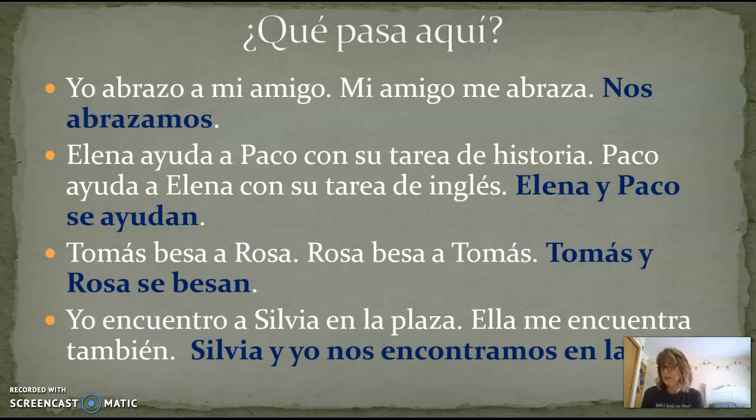Every time that you use that little se or nos, in fact, what I'd like you to do is next to that little box of verbos that you see, go ahead and write se, nos, right next to those, because when they're used reciprocally, one of those two is going to be used. Either they do it to themselves or we do that to ourselves. The nos for ourselves, se if they do that to themselves, or you guys do it to yourselves. Notice what little pronouns we're not having. We're not having me, we're not having te. There have to be plural people involved for that to happen.